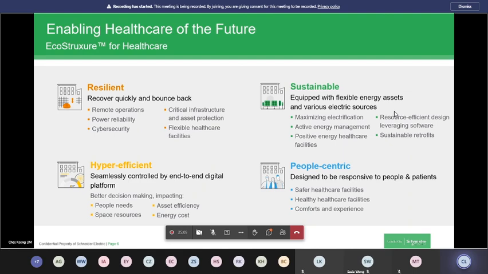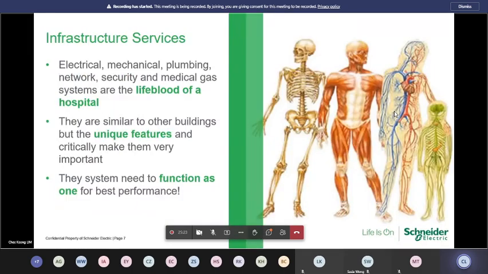So whatever system that we put in is all about humans. Be it the patient, the user, the visitors, be it anyone. End of the day, it's the human. So all the systems that we are putting in have to be people-centric. These are the 4 pillars or the 4 guidelines that in any system that Schneider does, or solutioning that we provide, we will have to follow and bear in mind. All right. So let's move forward.